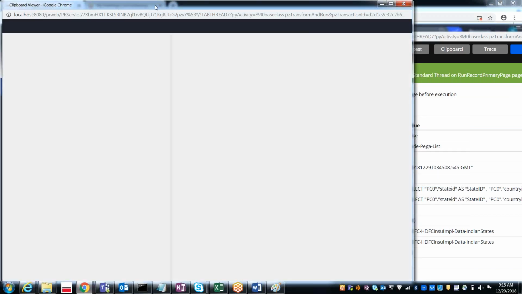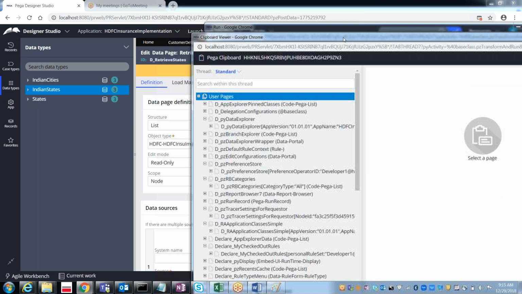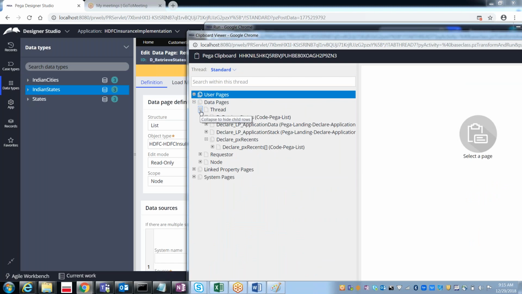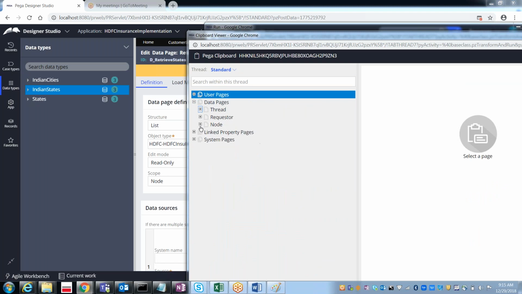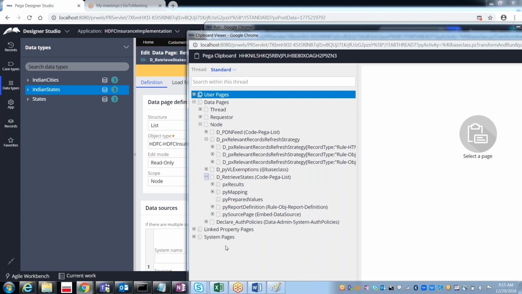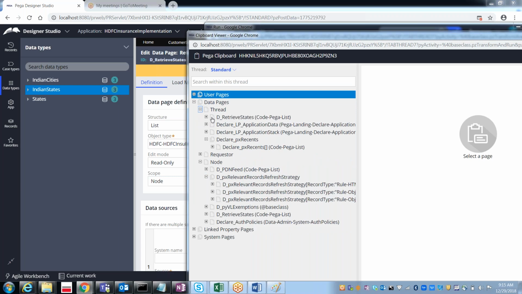Under the clipboard, where exactly can we see this? Under the data pages. Previously we saw it under the thread category, but this time we need to look under the node category. See, under the node we have D underscore retrieve states. And if you look in the thread, you are still able to see this.